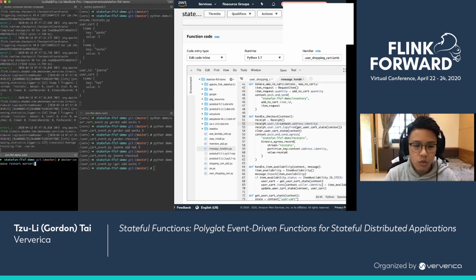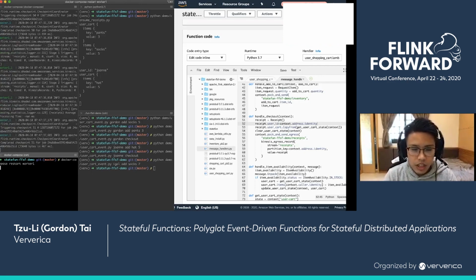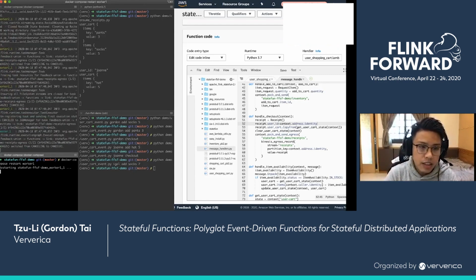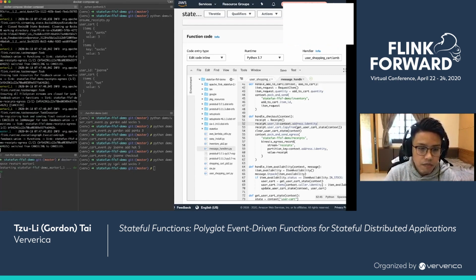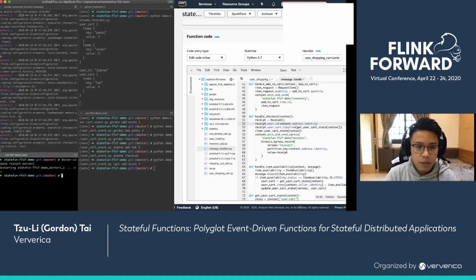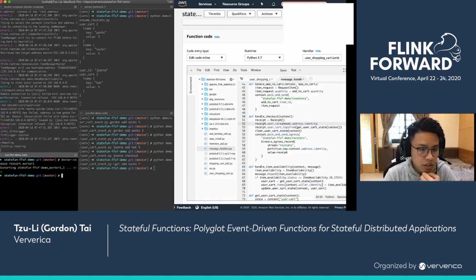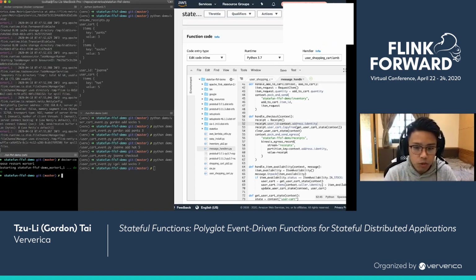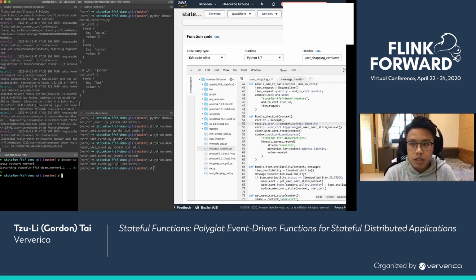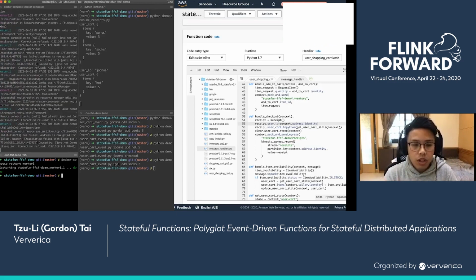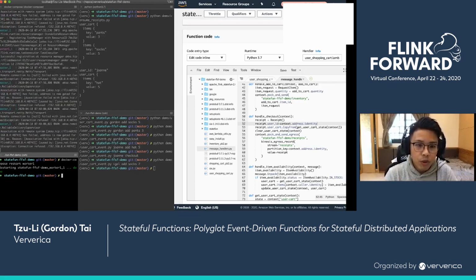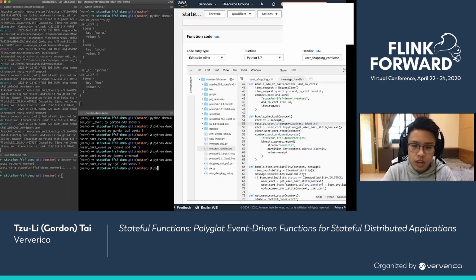Okay, restarting worker 1. Now what this basically does is it kills one of the workers, and as you can see here, the job is actually cancelled now, and it's actually restarting. It's being restarted. Let's wait for it a bit. It will take a few seconds for this job to restart. Now, as we all know, stateful functions provides fault tolerance and state consistency for your functions. So what we should expect after this restart is done,